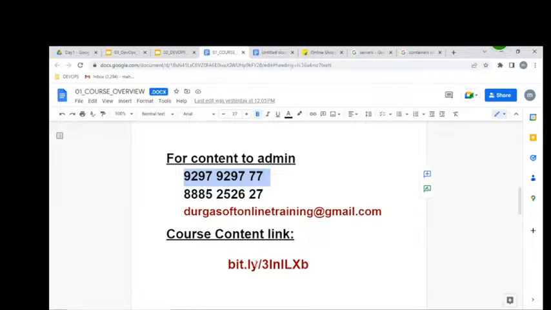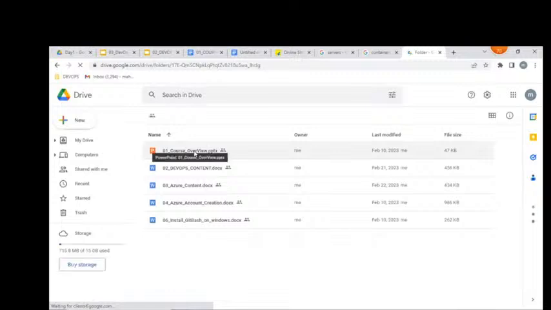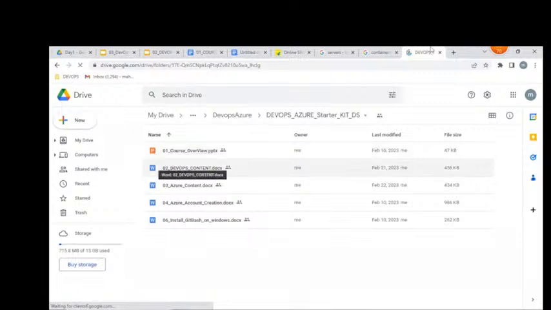So this is exactly my course content. What I'm going to cover in DevOps and in Linux. The first document is the course document. The second document is DevOps content. The third document is Azure content.